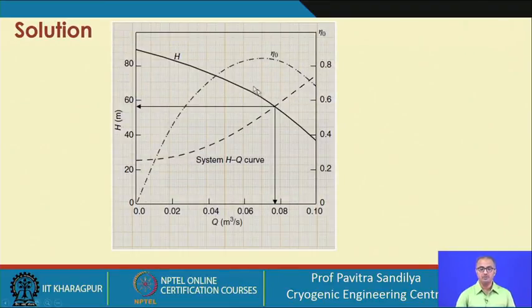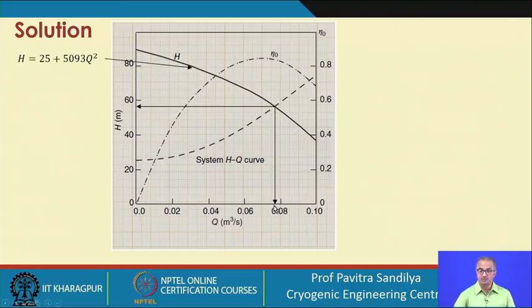Now, what we do, we are writing H versus Q, and these 2 dashed curves are supplied. This curve is the efficiency curve. This is the H versus Q given by the manufacturer, and this particular big dash line is the one we have generated. So, as we learnt earlier, wherever our system curve intersects the HQ curve given by the manufacturer, this intersection point is taken to be the operating point.